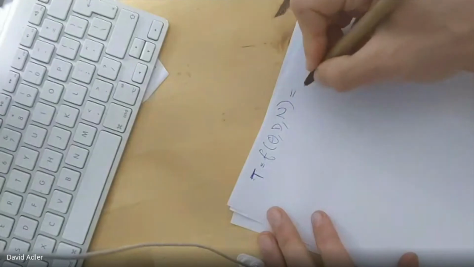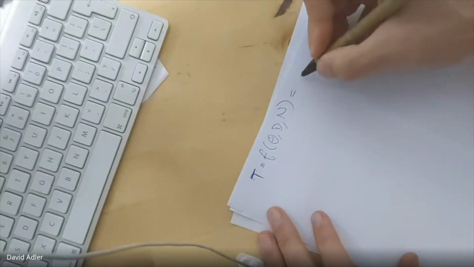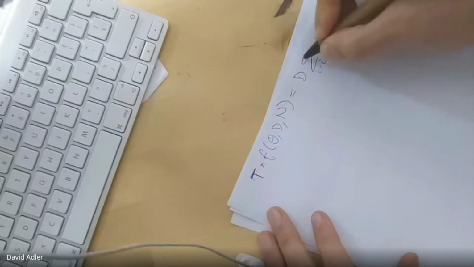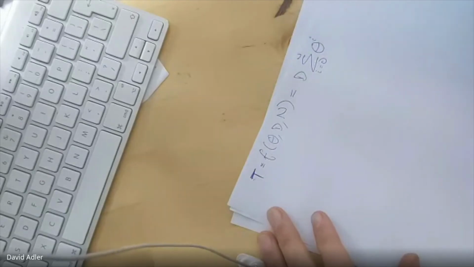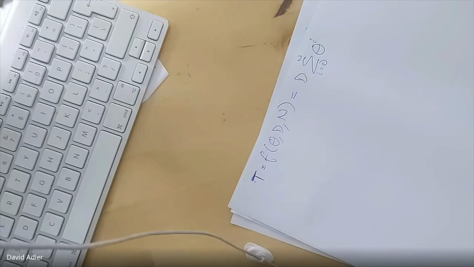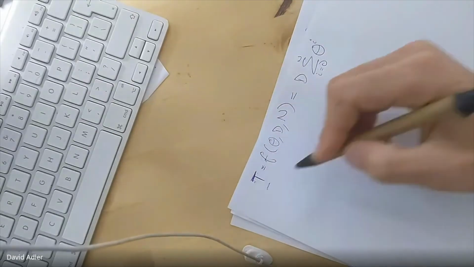And that function is dictated by the following relationship, which is d times the sum of i equals 0 to n of theta to the power of i. Okay, cool. Now we have more or less our idea for how we have a formula to calculate this time t for the batch